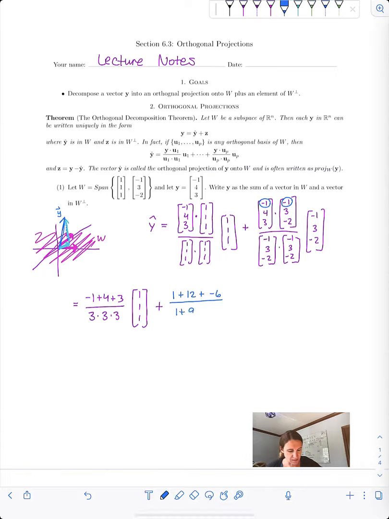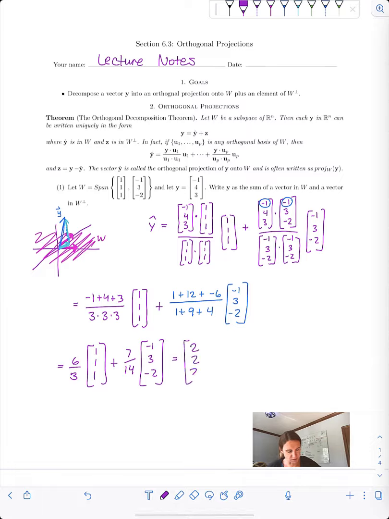And then on bottom, we get -1 times -1, 3 times 3, and -2 times -2. And all that times that vector, and we end up getting 6/3 times (1, 1, 1) plus